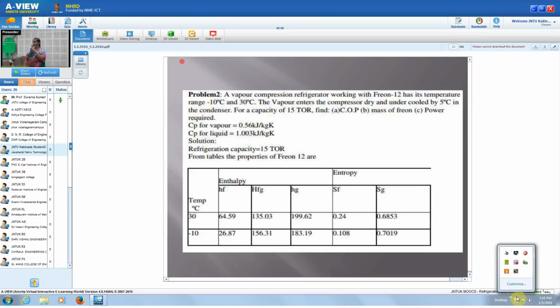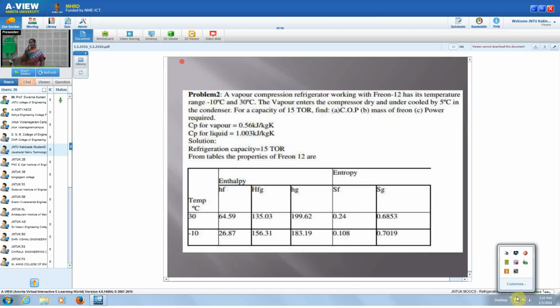So now take another problem. A vapor compression refrigerator working with Freon 12 has its temperature range minus 10 degrees centigrade and 30 degrees centigrade. So the evaporator is to be maintained at minus 10 and the condenser at 30 degrees centigrade. The vapor enters the compressor dry